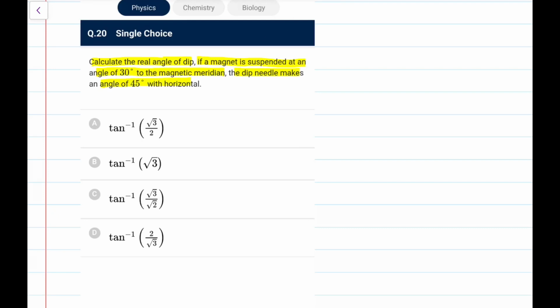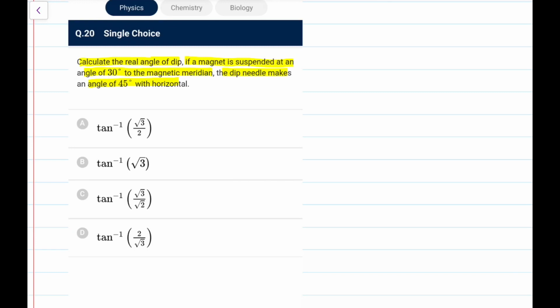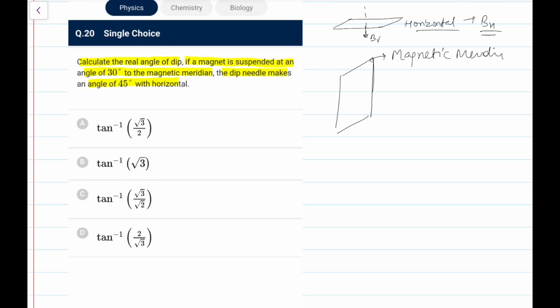Now just remember, I want to take some theory here. If the magnet is free to oscillate only in the horizontal plane, that means the torque you need is perpendicular to that. So the B vertical won't produce a torque in this direction. So definitely if you are oscillating it in the horizontal plane, only BH is responsible. And if you have a vertical plane which is exactly the magnetic meridian, with the magnet oscillating in the magnetic meridian only, the complete field is in this plane, so the complete B will be effective.